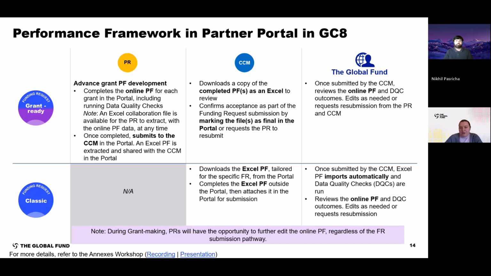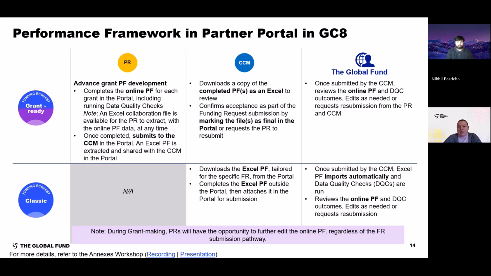And as a collaboration file in case of consultations that the principal recipient would like to have a snapshot of the information that has been already entered in the partner portal, they will be able to take an Excel collaboration file from the partner portal to facilitate those conversations in country. When the principal recipient will submit the performance framework in the partner portal, the CCM will be immediately informed, and the Excel PF with the information that has been submitted by the principal recipient will be shared in the partner portal with the